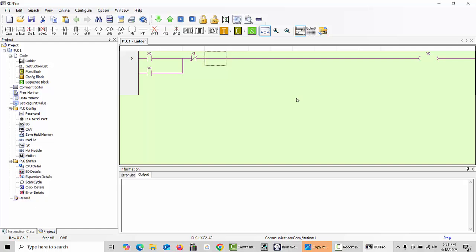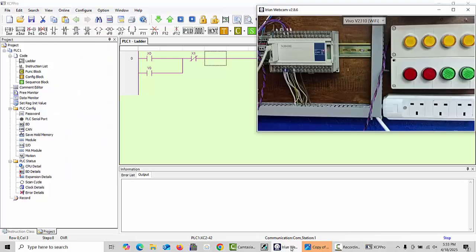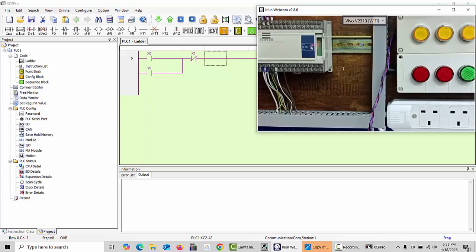Now your program is successfully downloaded, and you can test it by going online. Here you can see the run and stop buttons. I will show you in the camera. Once you download the program, you can see the indication that the run condition